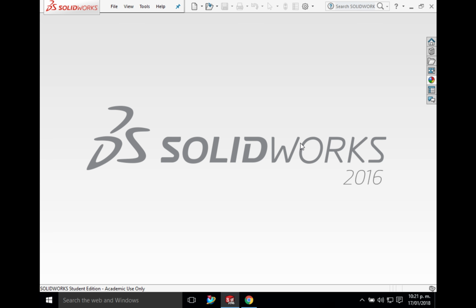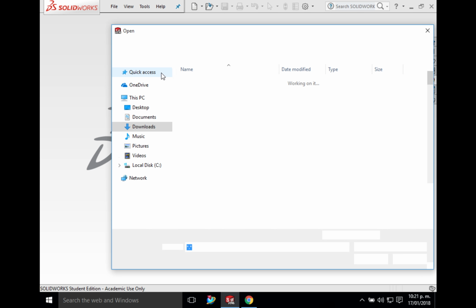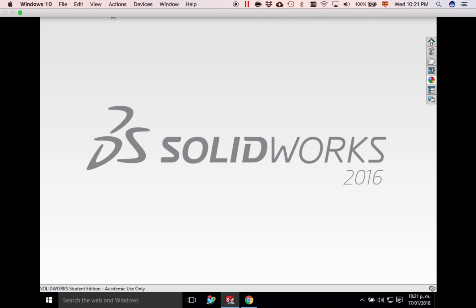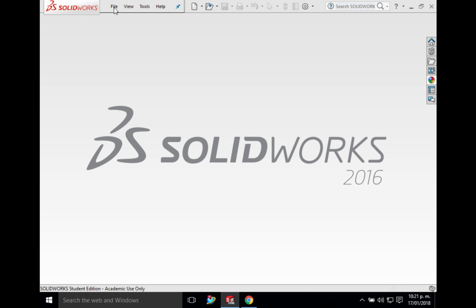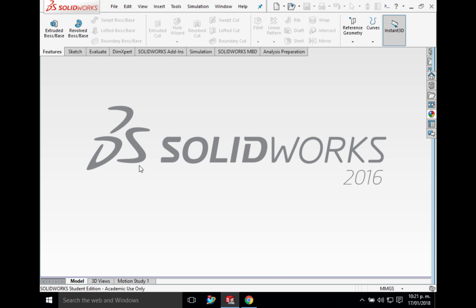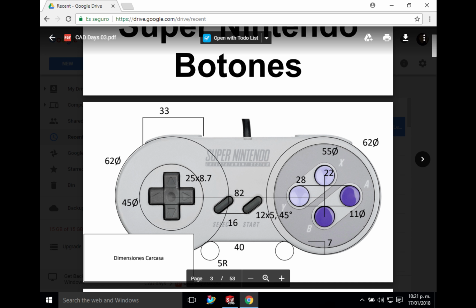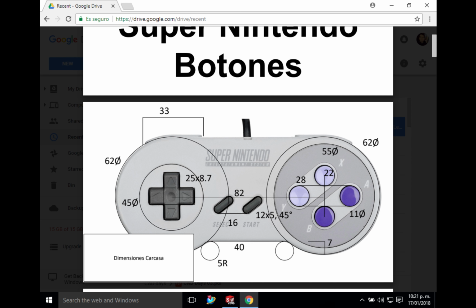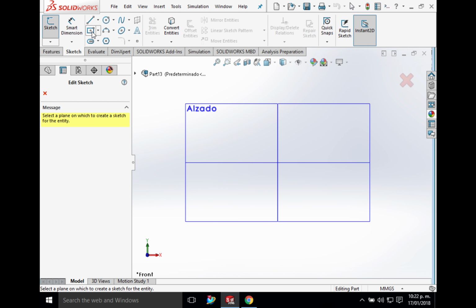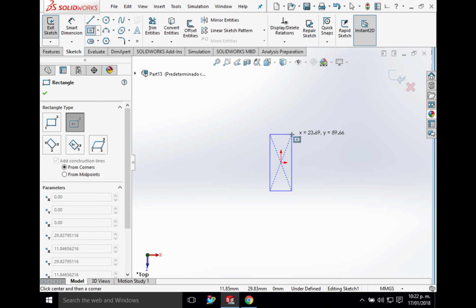Now the next button is kind of tricky, which is the D-pad. Oops, no, sorry. Click file, new, you select part. So have this button. It has a particular pattern here. So right now we click sketch, we click here, we click here, then we select here at the center, and